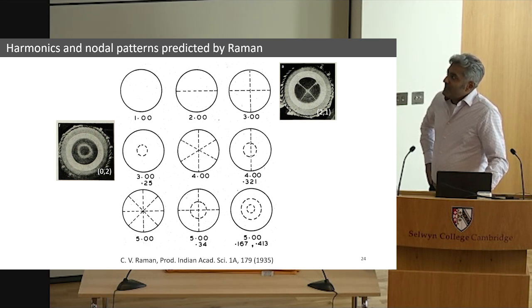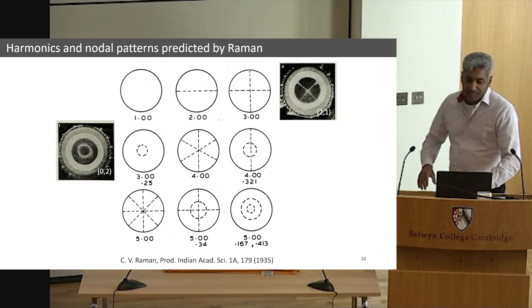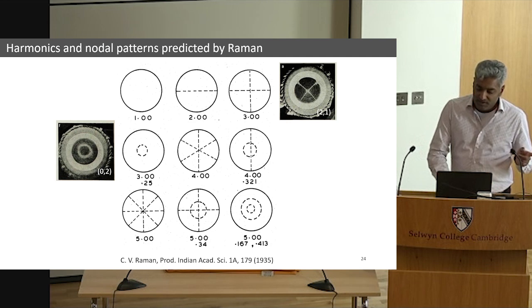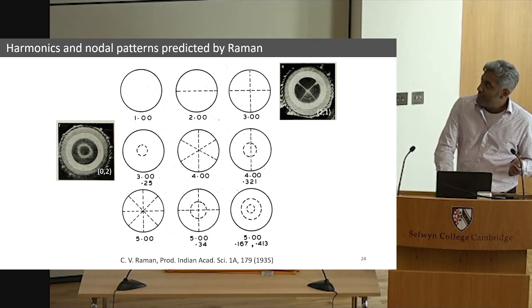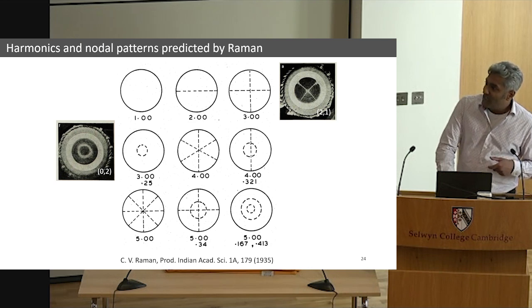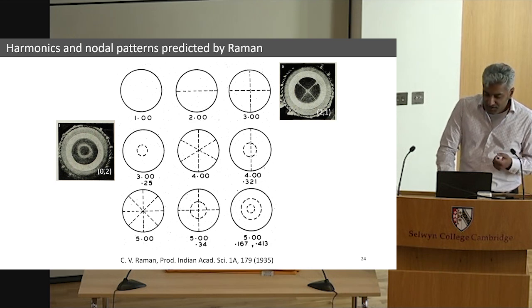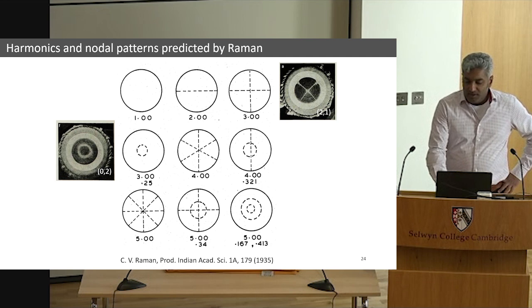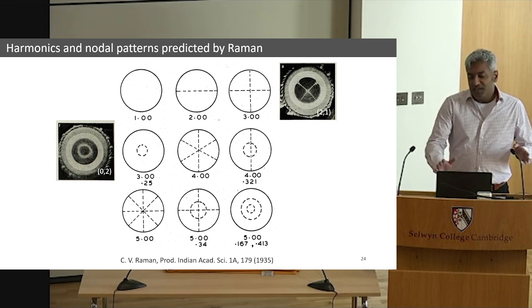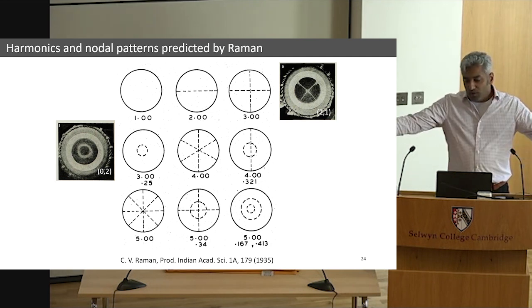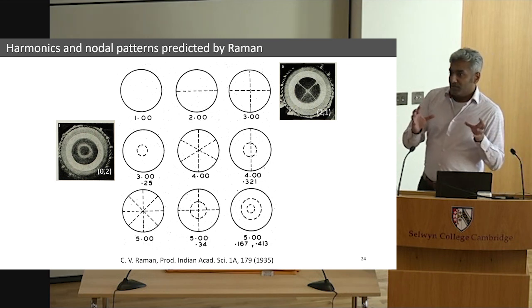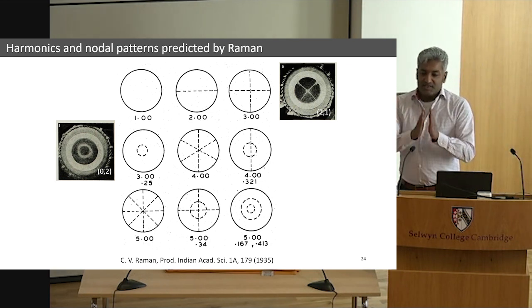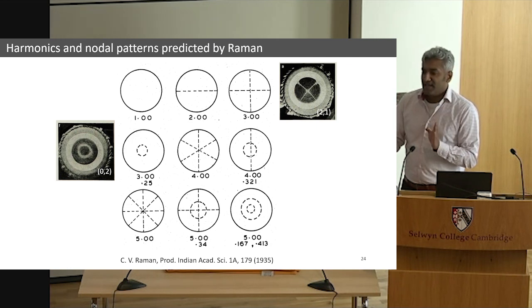Now, what you can see in these numbers is why Raman suggested the drum is harmonic, because the frequency of the first mode, let's say that this is the frequency, if normalized, is 1. The frequency of the second mode is 2 times the first mode. The third mode is 3 times the first mode. The fourth is 4 times the first mode. And Raman seems to say that all the modes of the tabla drum are harmonic. They share a harmonic relationship. In other words, the distance between each frequency is the same.